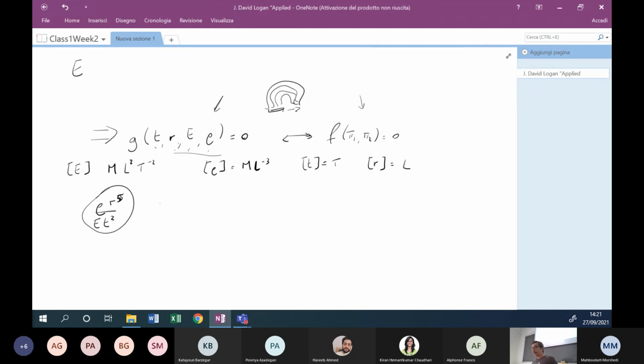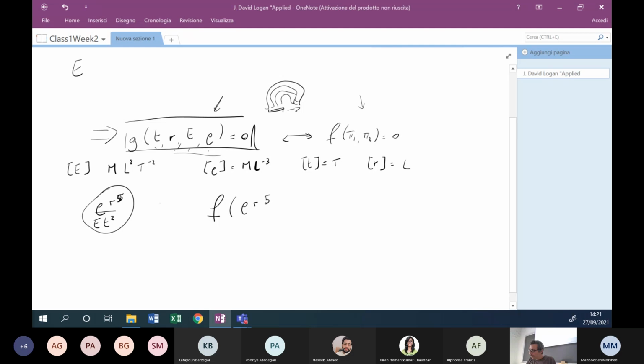So the Pi theorem tells you that this expression here, G of T, R, E, rho equal to 0, that I don't know, because I have no idea what is this expression which is describing these shock waves, must be equivalent